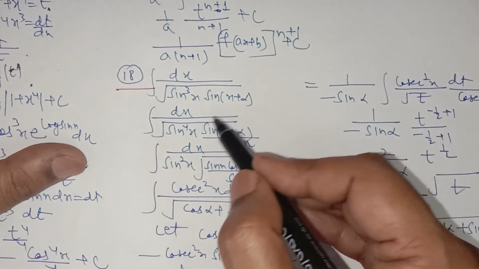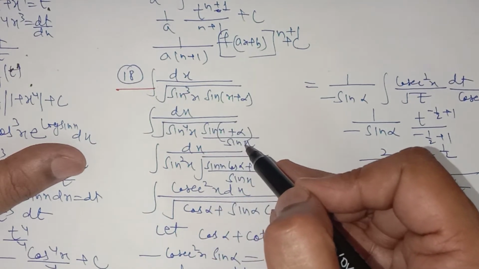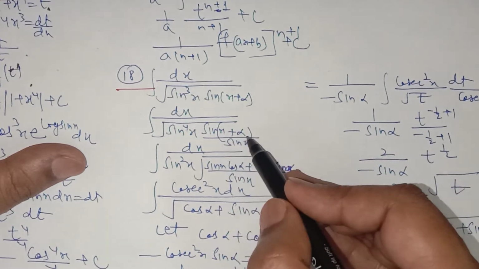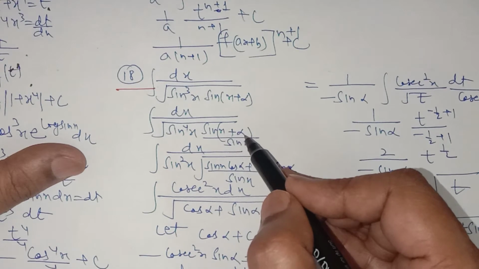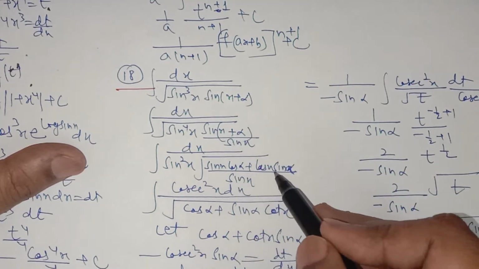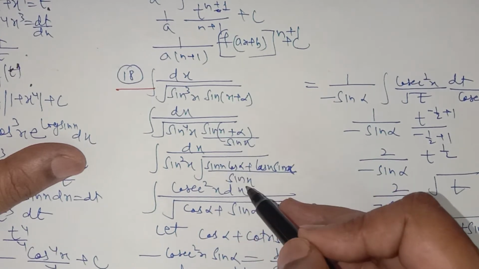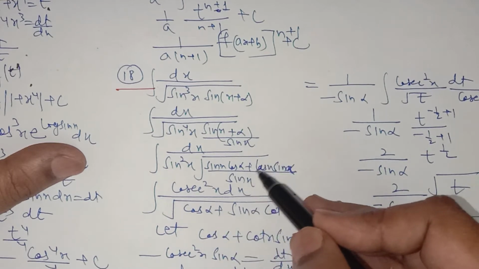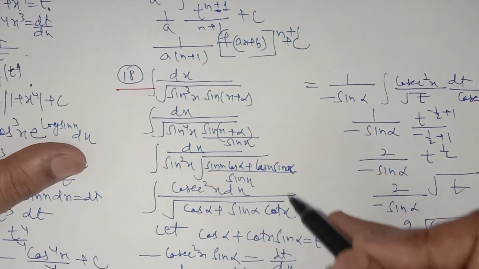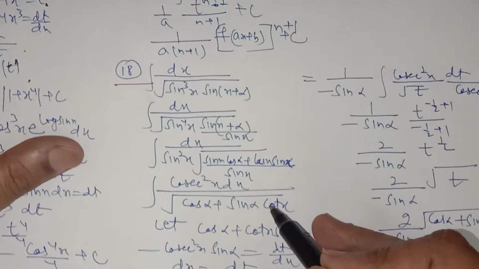See it, and arrange this sine of x plus alpha upon sine x, which is sine of a plus b, using the formula sine a plus b is sine a cos b plus cos a sine b, and break into 2. This upon this, it will be only cos alpha. This upon this, it will be cos x upon sine x, cot x into sine alpha. See it very carefully. Arrange these terms carefully.